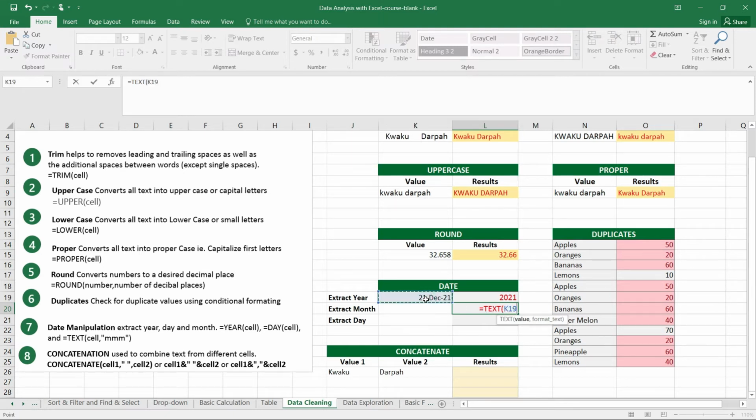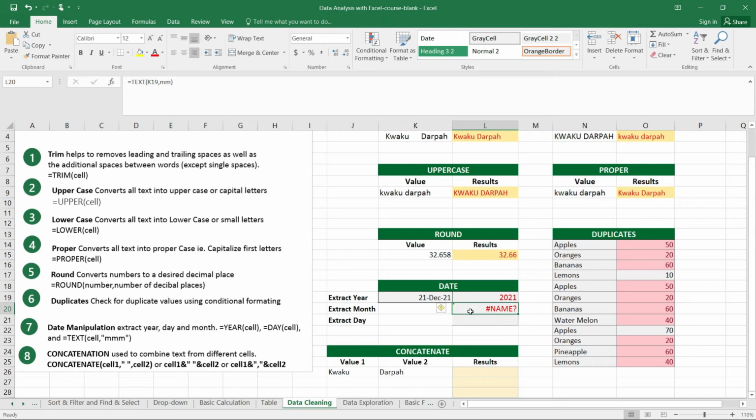Then you bring a comma. Then you select the format text. So to extract the month, you use the keyword